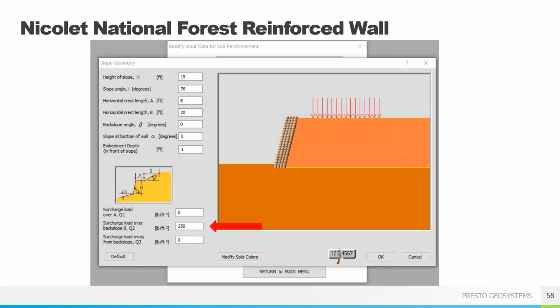And here you can see that surcharge load is 250 PSF, and that's what we typically use as a standard construction surcharge load. There may be different loads such as buildings, some different highways, some different structures that impose a surcharge load on that wall. But once again, we can work with you and help you with that. And we really do follow the FHWA guidelines. If you're familiar with that, it provides a lot of different information for surcharge loading on MSE walls.